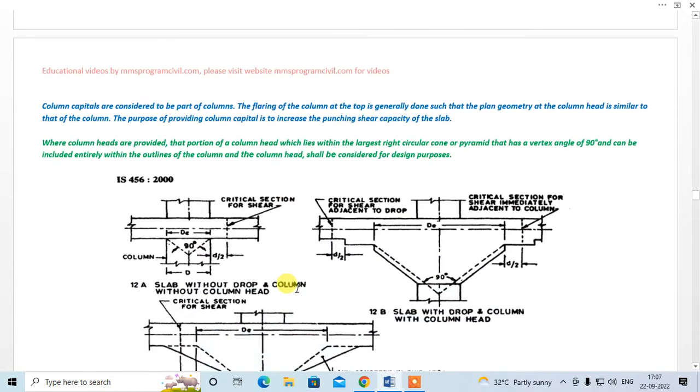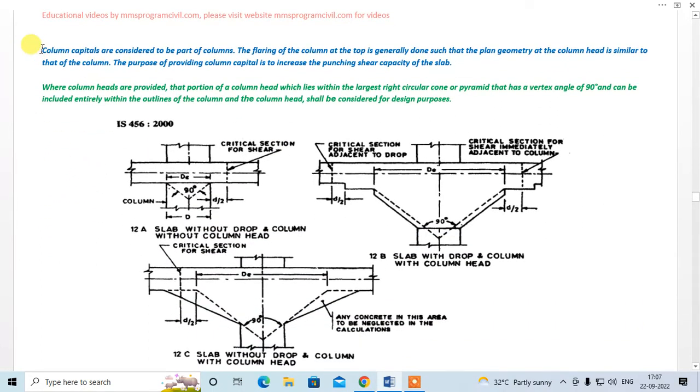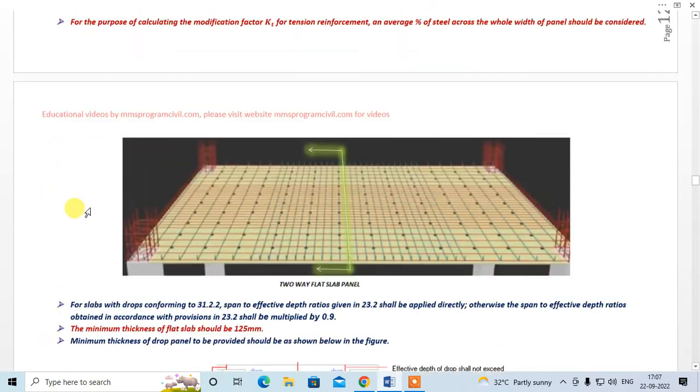Okay, now coming to the column capital, right? Column capitals are considered to be part of column. The flaring of the column at the top is generally done such that the plan geometry at the column head is similar to that of the column. The purpose, first let me explain what this is, right? Say suppose